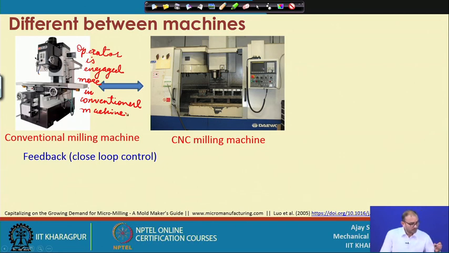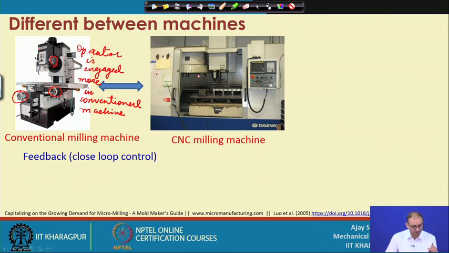Why is it so? Because in a conventional machine, the operator has to do all the setups and everything, and during machining also he has to operate all the things. There is automated feed available, but many times the operator himself will do all these operations, moving the job down and then doing a small cutting, and many times it has to be performed in this case. So, engagement of the operator is more in the conventional machine,